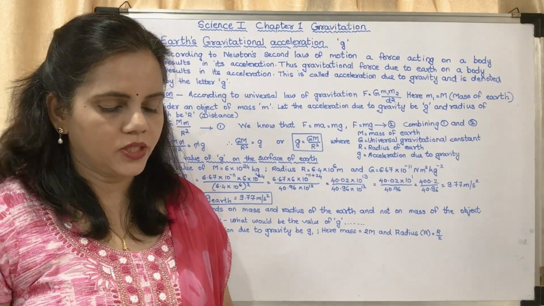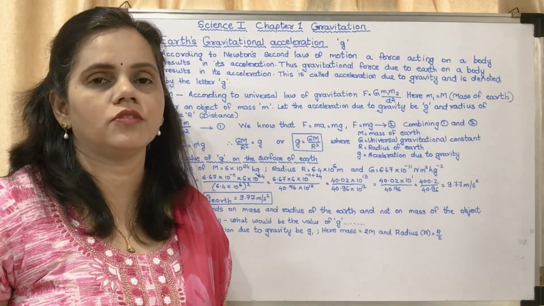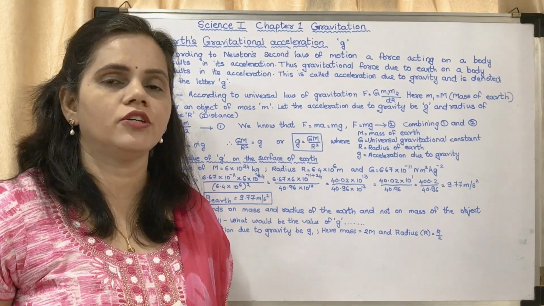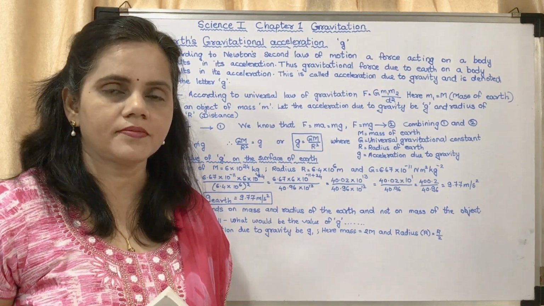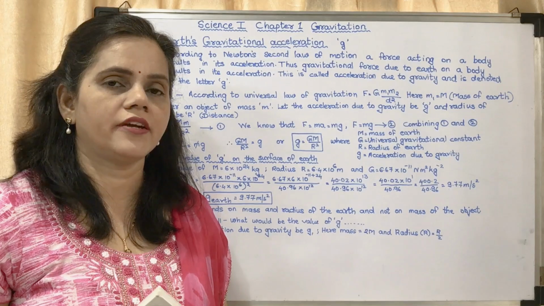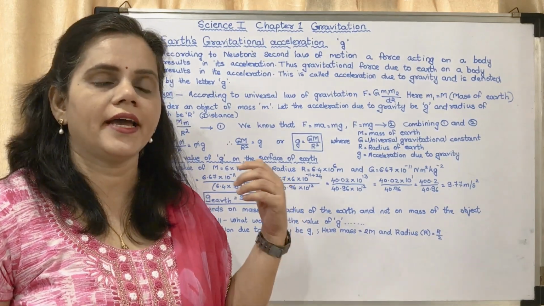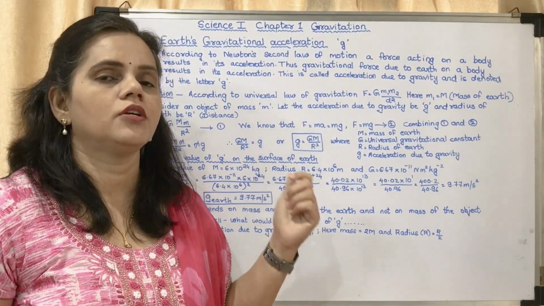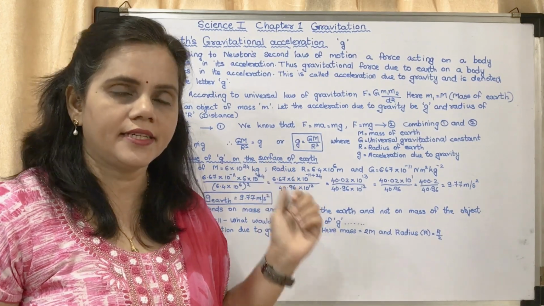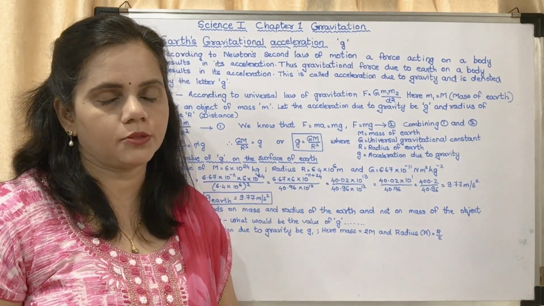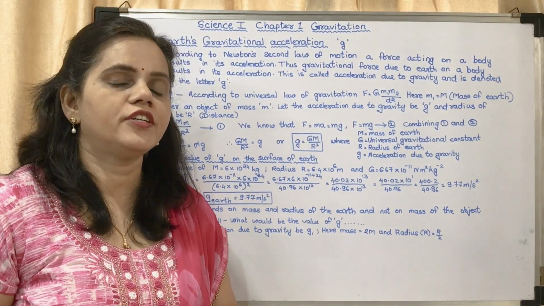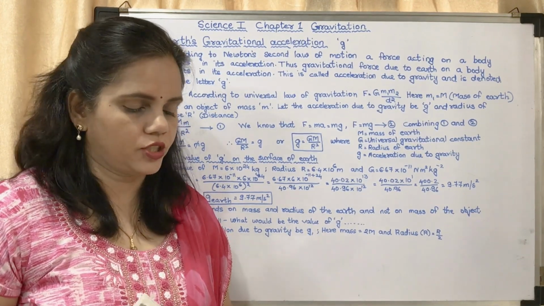Next question was: derive the SI unit of G. For that you have to refer to the board. I had solved it and shown. You have to refer to that and write it accordingly. It is not there in the textbook. If you want, you may refer to notes. It is there in the notes.